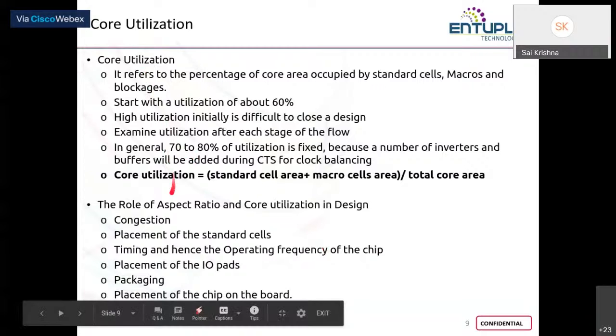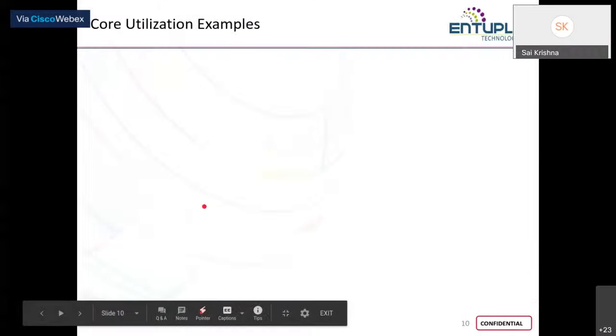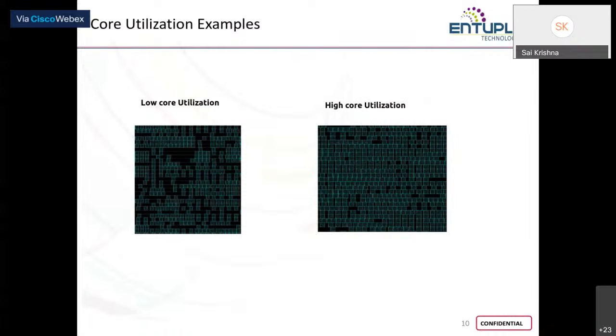So apart from your core utilization and aspect ratio, there is another factor, which is your core to IO boundary. We'll be showing that during the demo. As you can see, these are a couple of examples to show you the low and high core utilization. Everything that you see here are only standard cells. There are no macros here. If you have low core utilization, you will see too many gaps in between. Whereas if your core utilization is high,